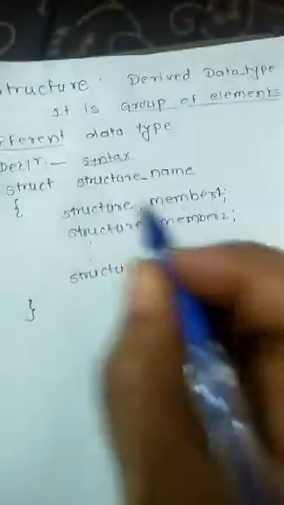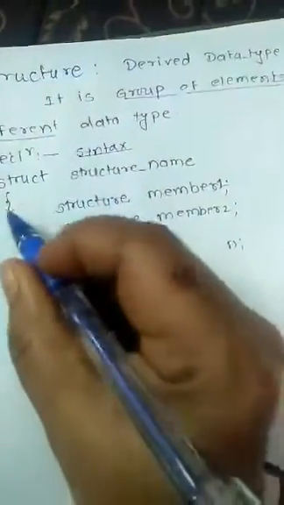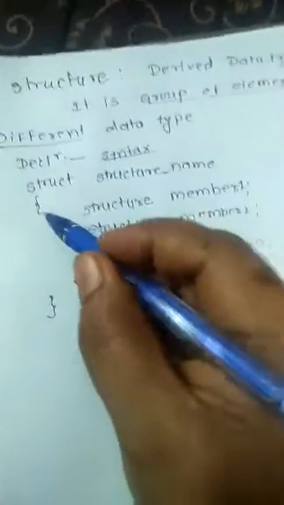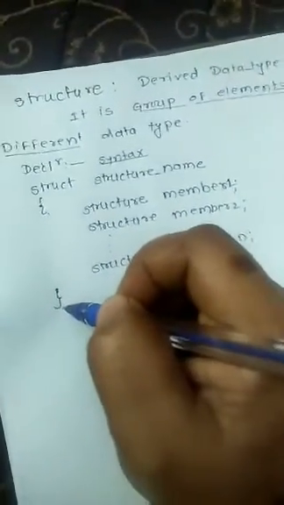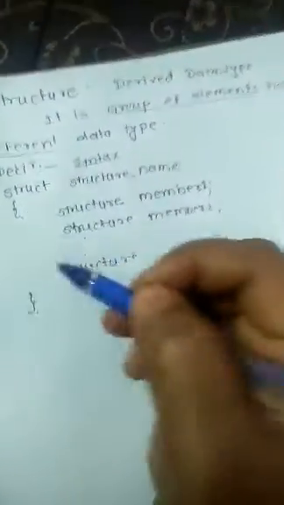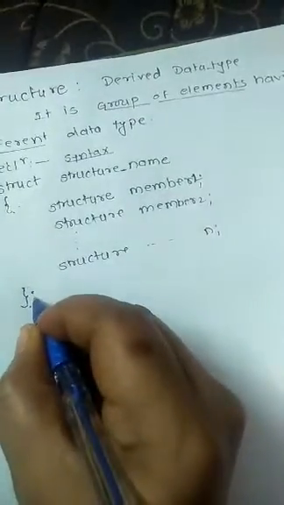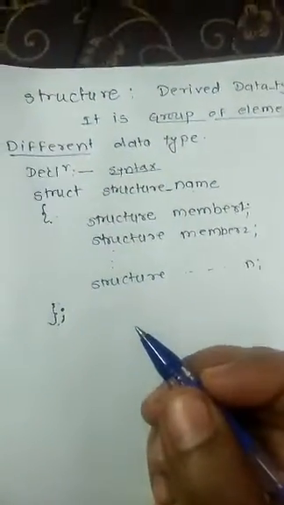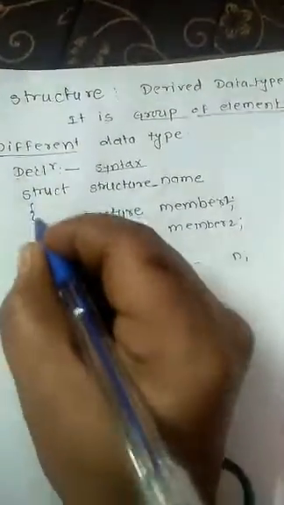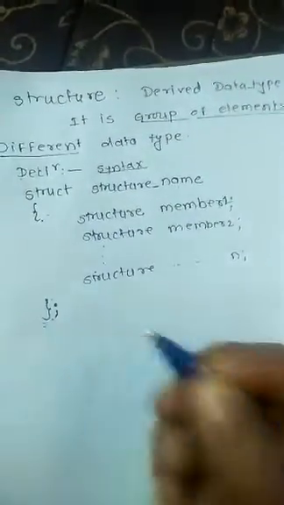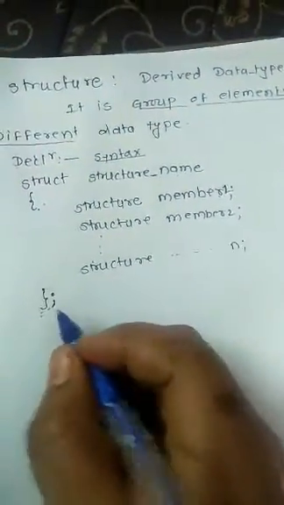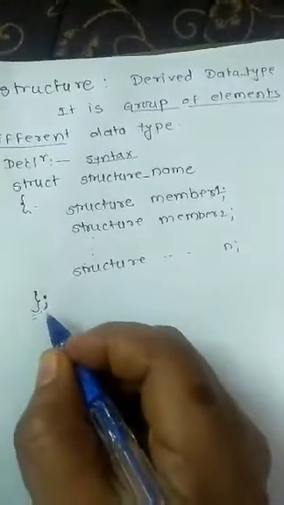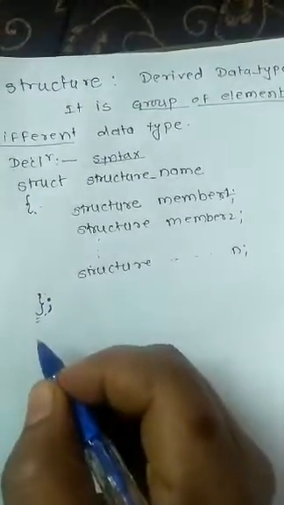So this is your group of elements, and this is the group, this is the loop. You use the curly bracket open and curly bracket close, and the group is closed. So how to identify the structure close? You close the structure with the help of this semicolon. It is the special syntax for the structure close. Means the structure has its start and this is the structure's close. This syntax is only applicable for the structure.